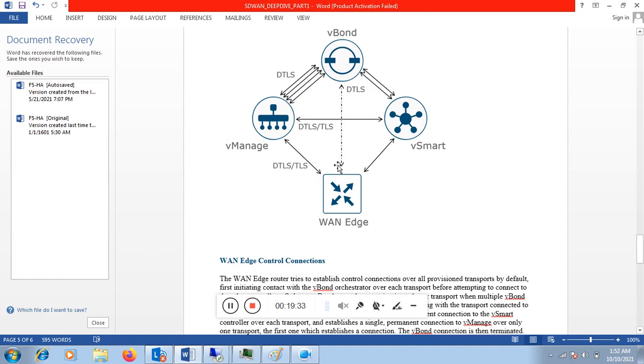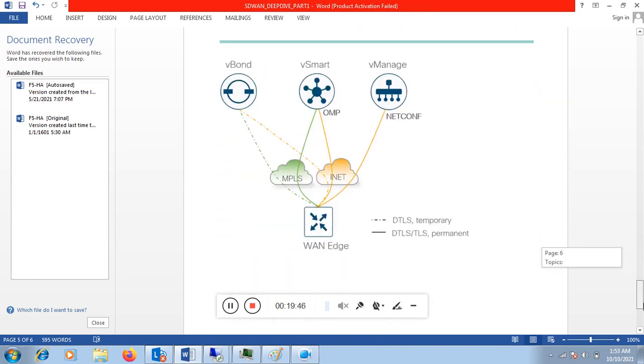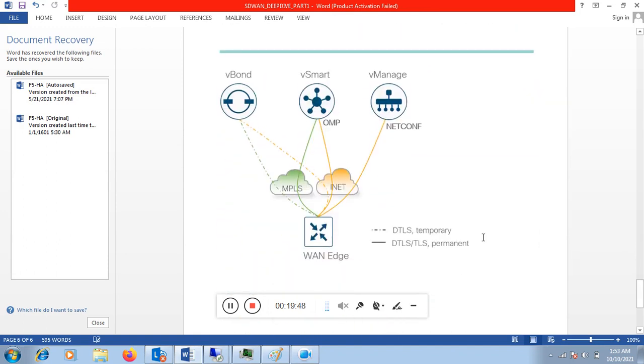As soon as this DTLS or TLS tunnel is up between the vManage, vSmart and the WAN edge, the DTLS tunnel between vBond and the WAN edge will be terminated. So this is how the tunnel is formed. vSmart runs the OMP protocol, whereas vManage runs the NetConf service.